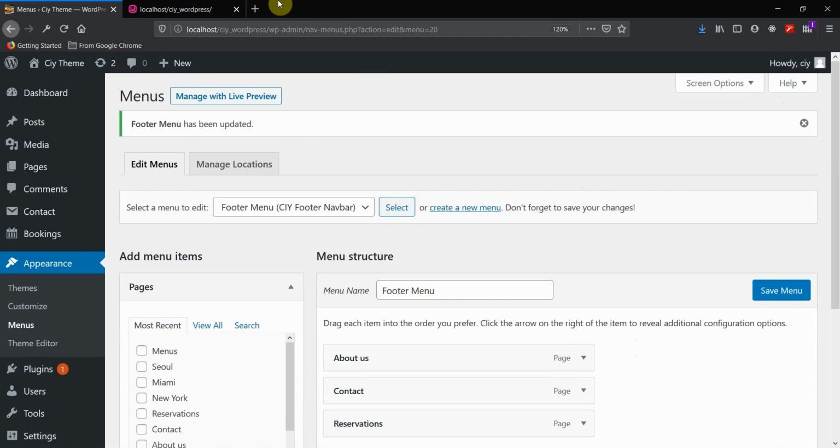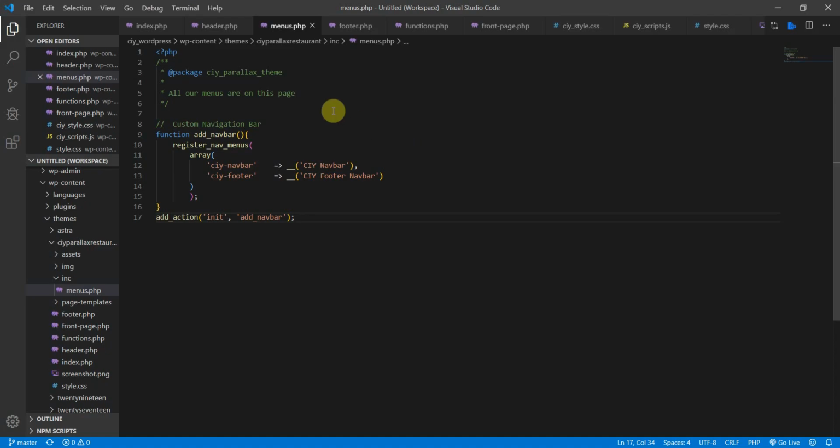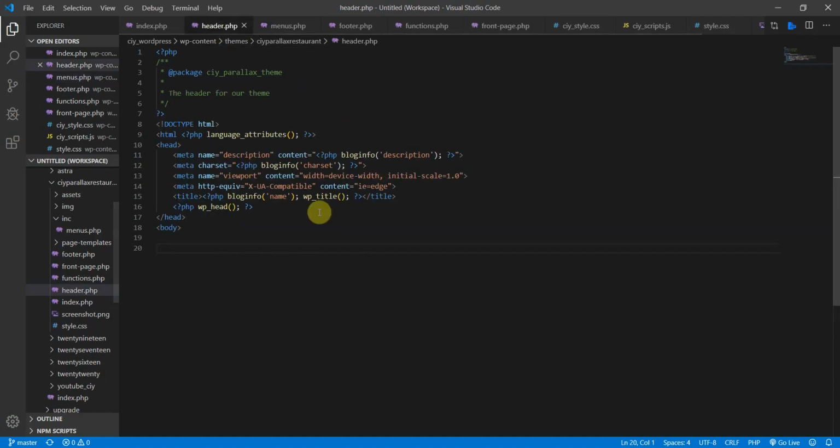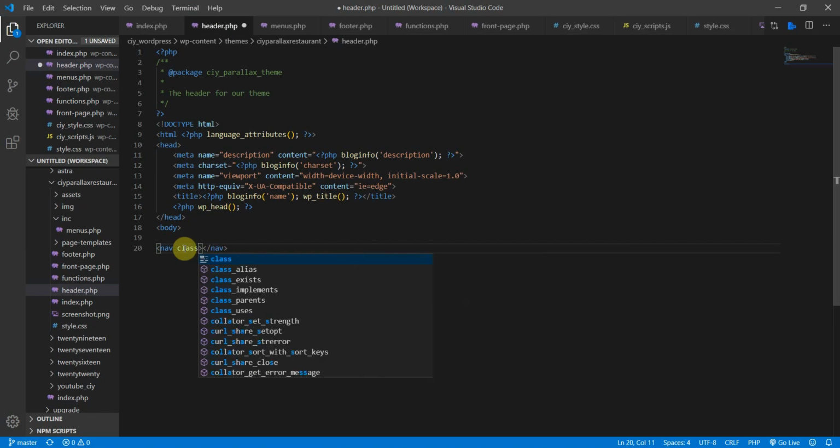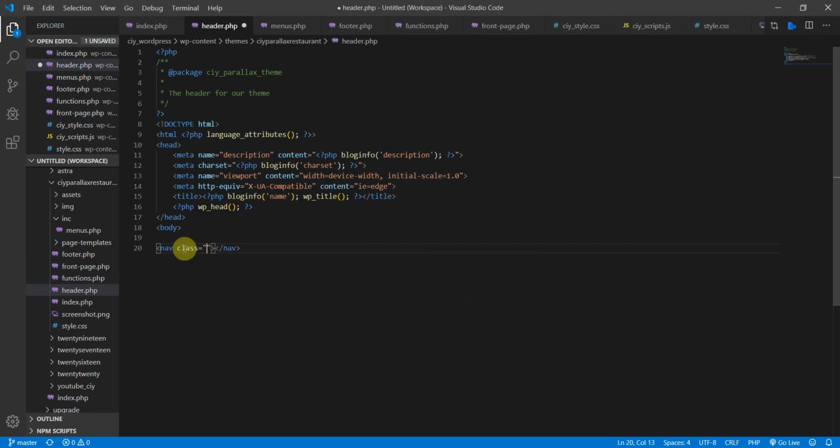So now what we're gonna do, we'll go back to our front end, refresh, still nothing there because we haven't brought it in on our header and our footer page. So I like to put the menu right here in the header. So the first thing we're gonna do is we have to use some HTML first. So it's a navigation bar. So I'm just gonna do a nav like this, and we are going to have a class of navbar